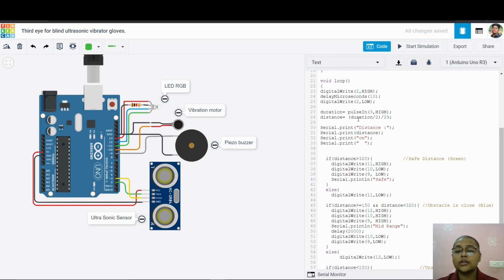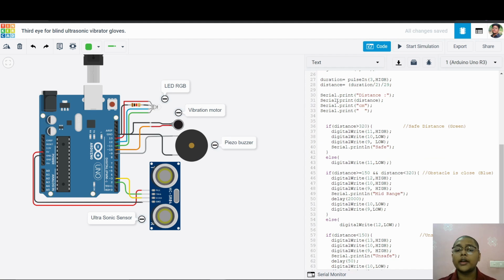The formula is we divided duration by 2, because the duration is for the wave going to the object and then coming back towards us, so we divided it by 2. After that, as the duration is in microseconds, we divided by 29 to convert it to centimeters.